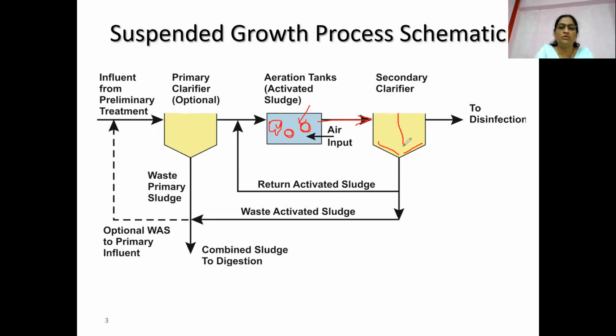I am going to show you the secondary clarifier design separately, but for your understanding at this stage, there will be an axis, and on this axis there will be a blade, and this blade will keep on rotating in one direction continuously with a slow motion. Because of the rotation, it makes the particles or microorganisms present here settle down at the bottom. This is the function of the secondary clarifier.